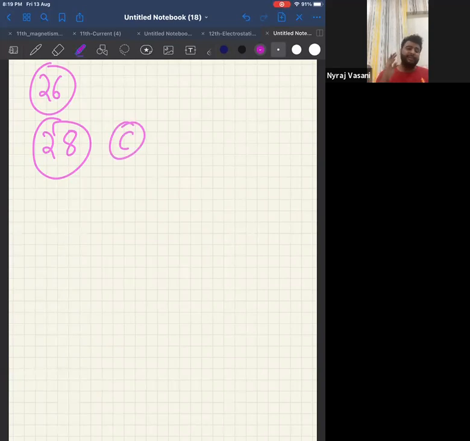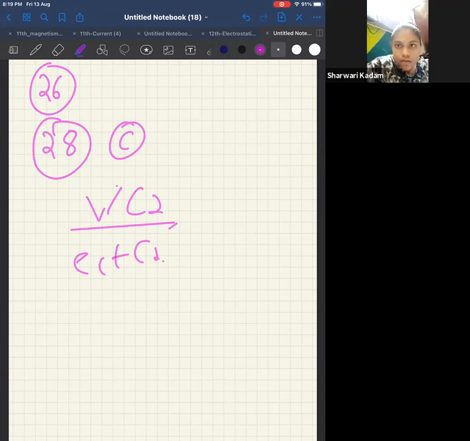You take any book like H.C. Verma, Marvel, or this book itself, Singhal. In most of the solutions where they ask what is the potential difference across one capacitor, it is the overall potential into the other capacitance divided by the sum of the capacitances. Now tell me, if you want potential across C2, what will be the formula? If the question instead of C1 had asked what is potential across C2, can I say it would be option D?